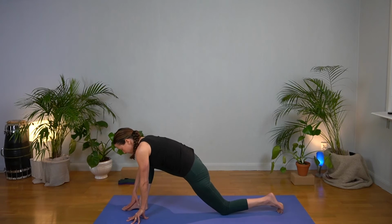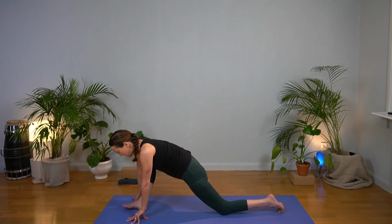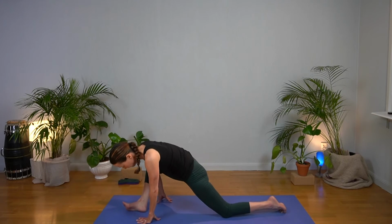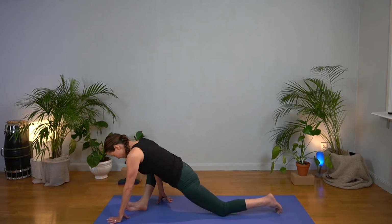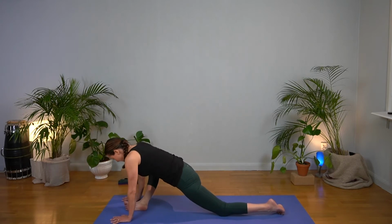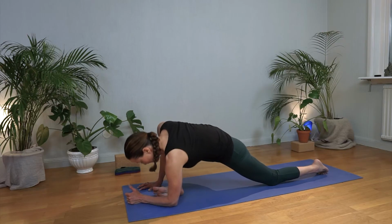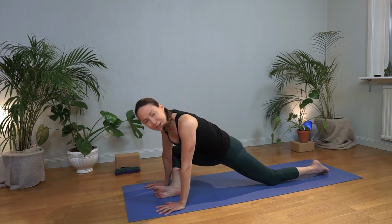Heel toe your right foot so it's right underneath your heart. Come to the edge of the foot and let the knee fall over towards the right. It looks like this. So your edge of a foot is pressing into the floor. Hands root into the earth. So you can either come down to your elbows or stay on your hands, whatever is best for you right